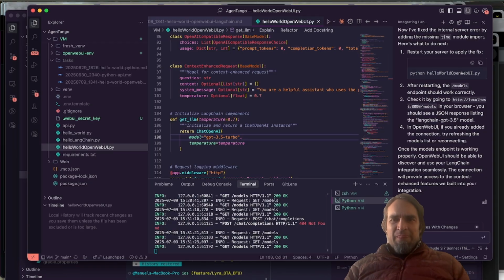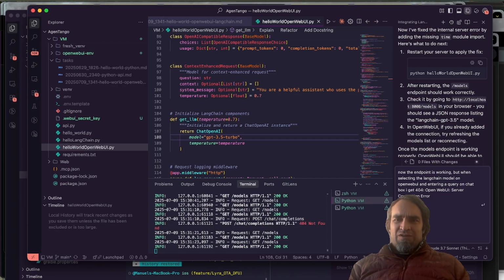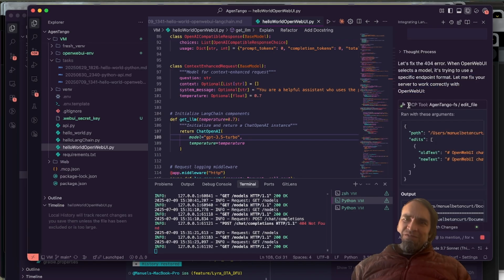Now we say, now the endpoint is working, but when selecting the LangChain model on OpenWebUI and entering a query on the chat box, I get 404. Okay, the importance of using the MCP tool is here, using the MCP to find things on the file